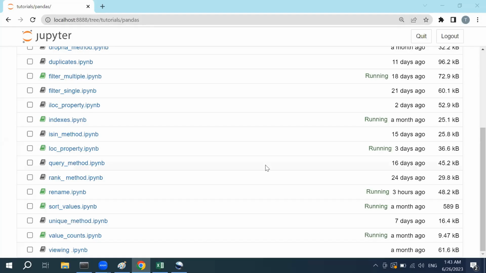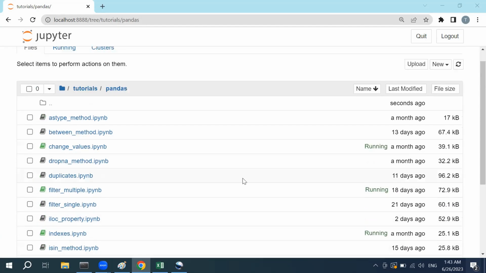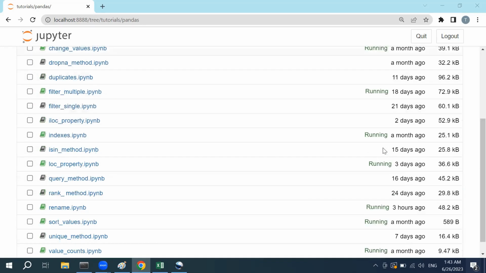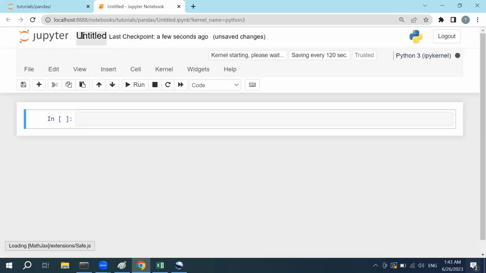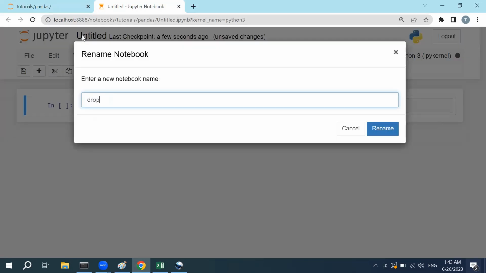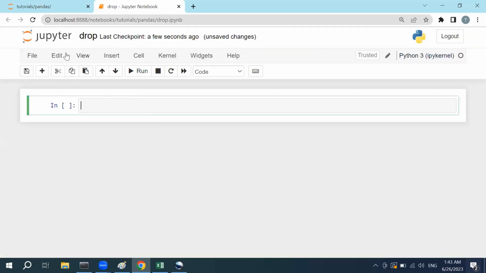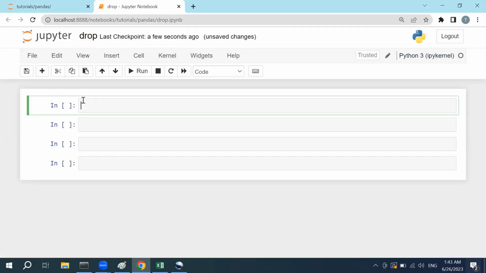Hi guys, in this lesson I will explain how to delete rows and columns from the data frame with the help of the drop method. Let's first create a new file and call it drop. Then I will import my pandas library as usual. Import pandas as pd,